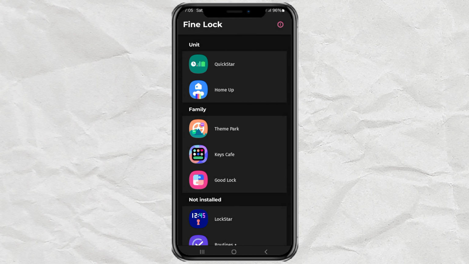So first things first, you're gonna need an app called Theme Park. You can install it through Good Lock or Fine Lock. If you're not sure how to get Good Lock, I've already made a video on that. Go check it out. Alright, once you've got Theme Park installed, open it up